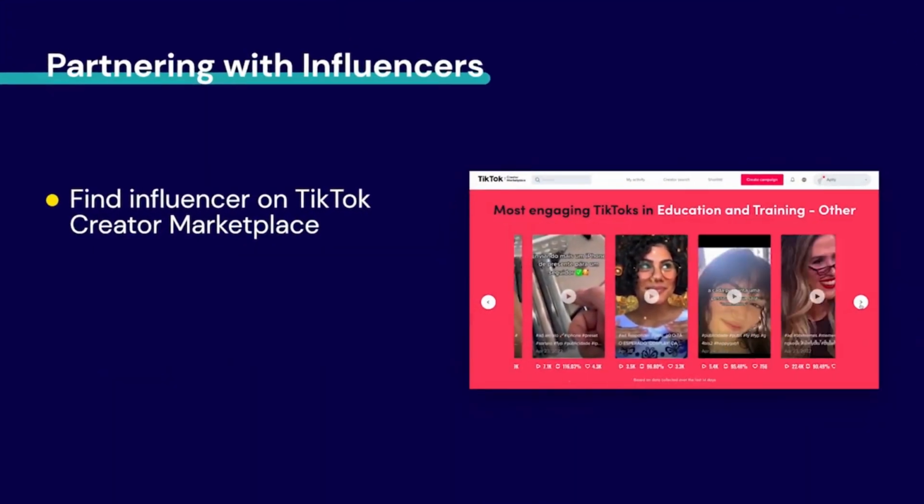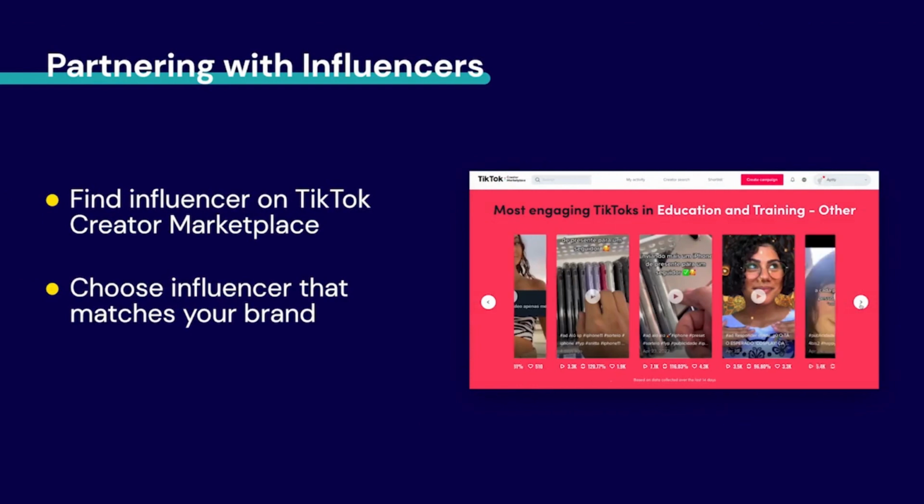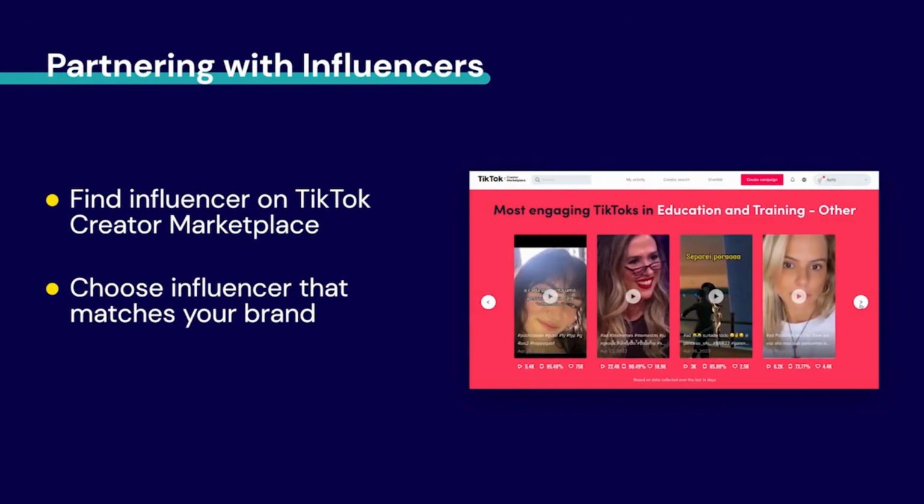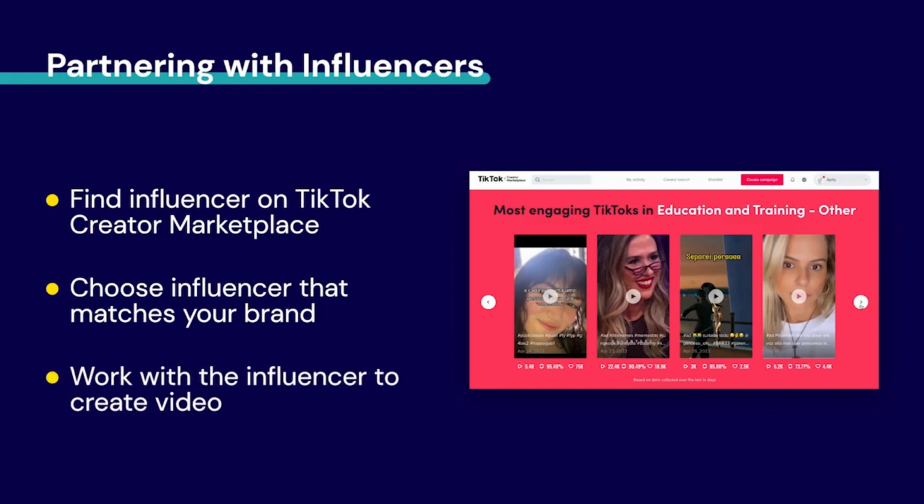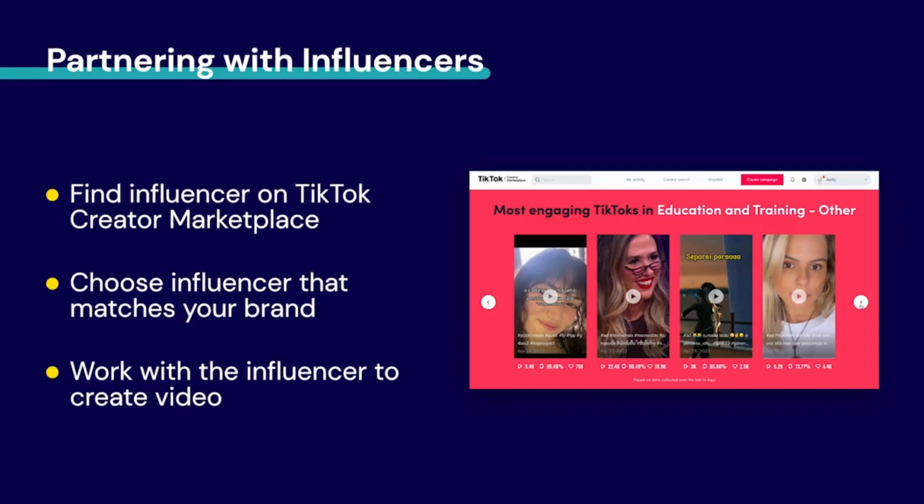Businesses should also choose an influencer based on their business objectives as well. For businesses who want to expand their brand awareness to as many people as possible, they may choose an influencer with a large audience. For those looking for new customers and increased sales, they may choose a more niche influencer for better targeting, knowing that their audience is the right market. Then the business collaborates with the influencer to create the right video content that will resonate with their audience.